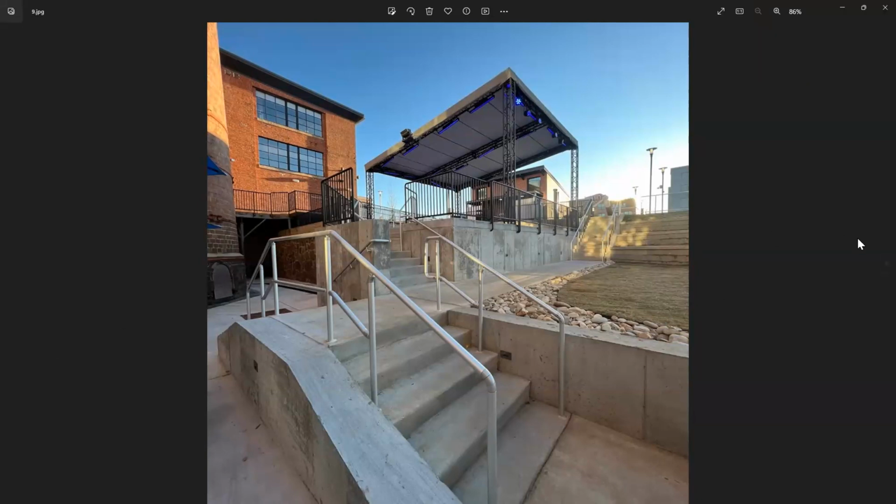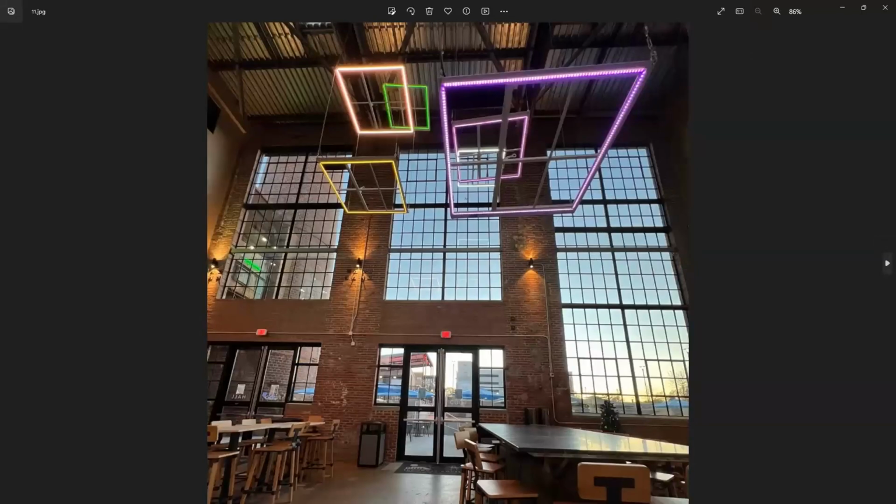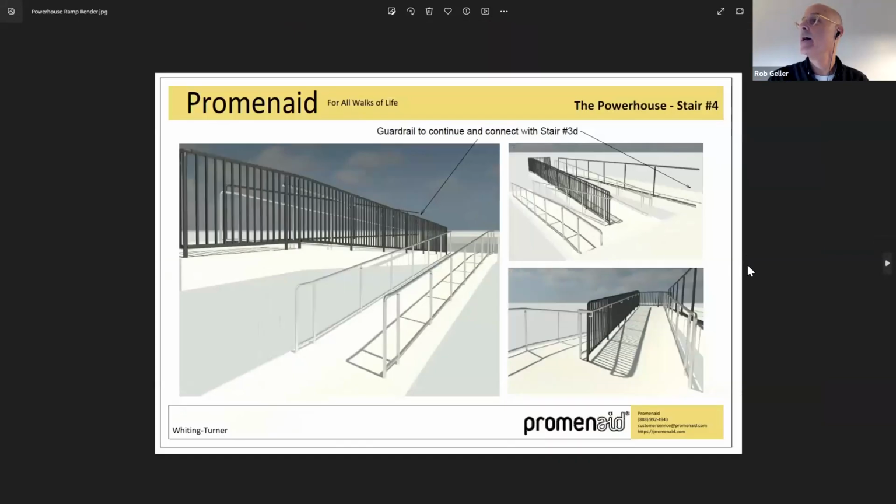And we did have someone type in asking about handrail lighting. If you just wanted to touch on that, Rob. Excellent question. We do, and I will show you. Here, why don't I just jump to the